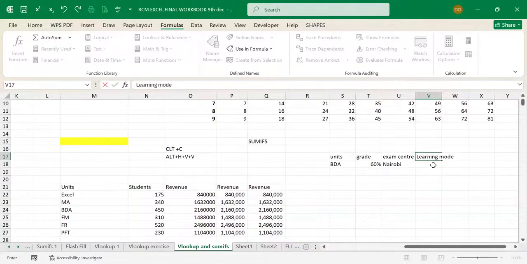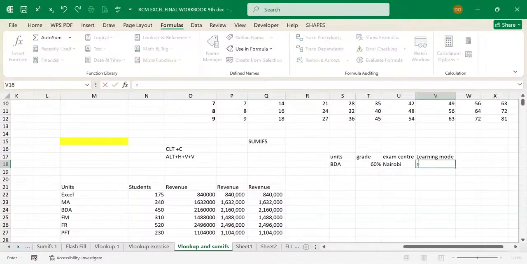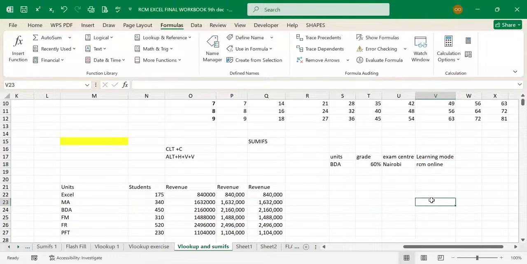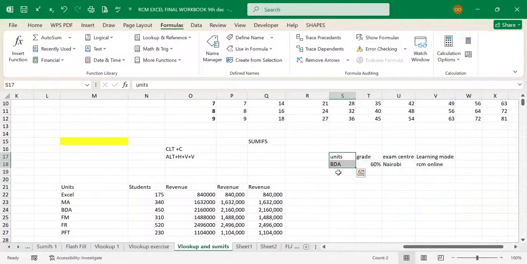Learning mode: are you doing personal studies or are you studying from an institution? And if you are studying from an institution, we want to see. Right? So let's say your institution is RCM online. Is it true that the institution where these students study for their CPA exams also determines the performance of the students? We are not just having the 2,500 BDA students. We are not just having the grades for the students who sat for the December exams. No, we want to use this data and make meaningful